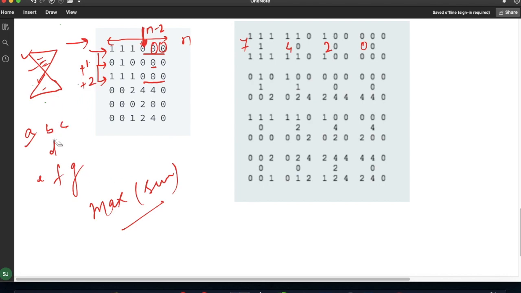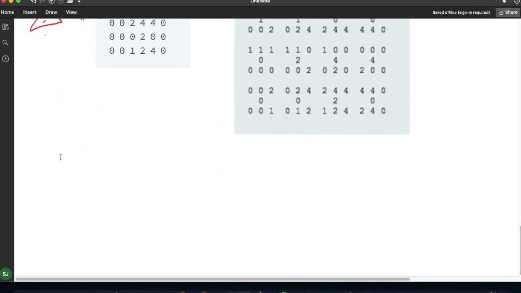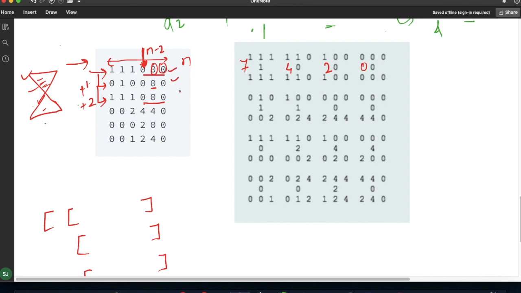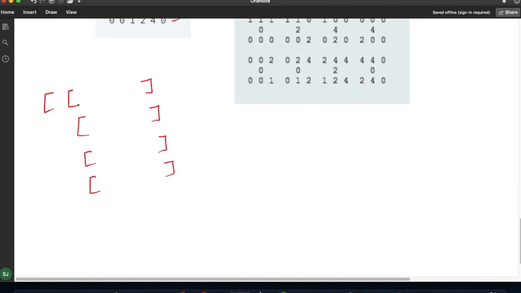So let us try to solve this one, how the actual input looks like. Our input would look like this. All will be list under list. These all are my lists. This is my list 1, this is my 2, 3, 4, 5 and 6. This is list under list. Suppose this is my array.